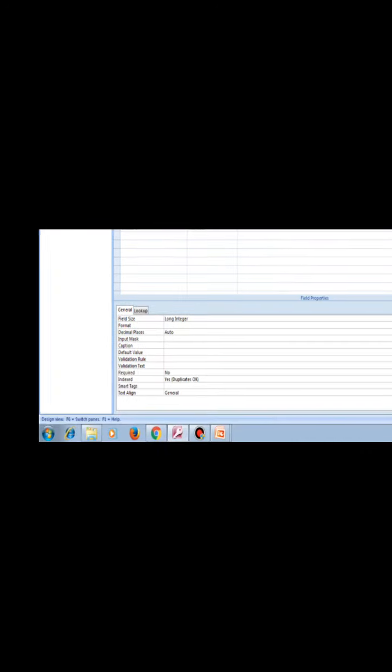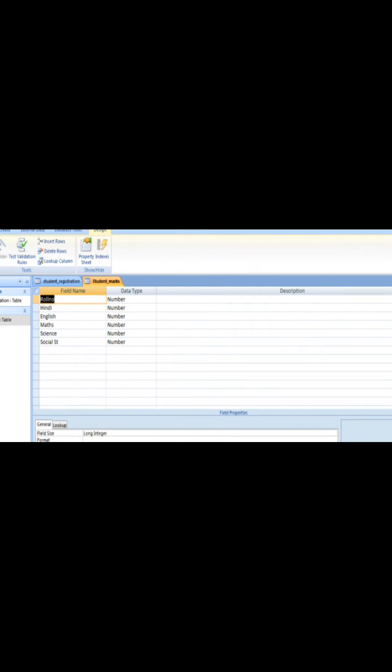Here I am taking this roll number as a foreign key. The other fields are the marks for the different subjects. This is the data of this table. So we have two tables. I have shown you the structure of both the tables and the data inside them. Now, how to create a relation.